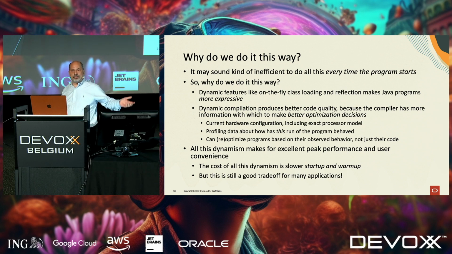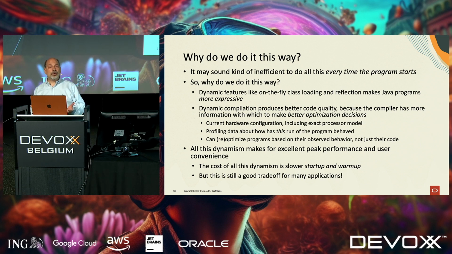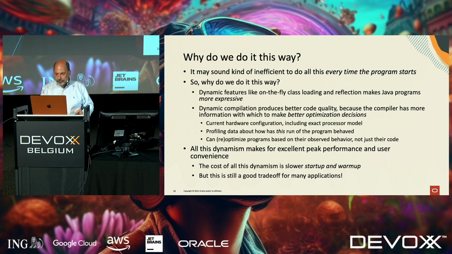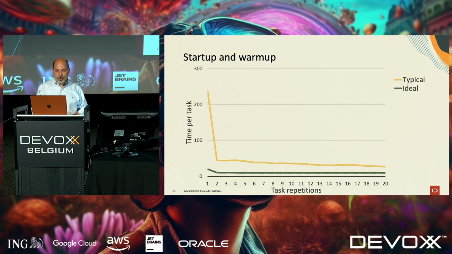On the other hand, if you have something like a command line application, the user is waiting to see feedback, they may care more about startup, and they probably don't care about peak performance because your short-running command line application probably doesn't even get out of the interpreter. So all of this is to say that different workloads have different requirements, and we want Java to be good